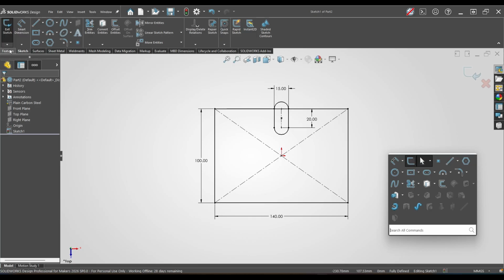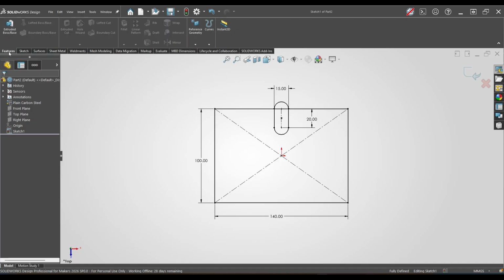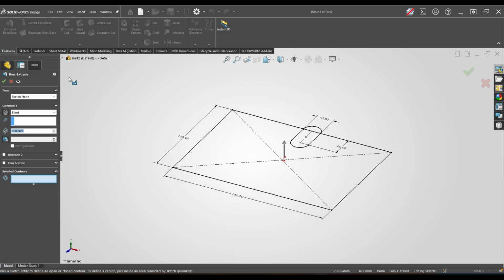Well, the extrude boss is a features tool, so I'd have to click on features, extrude boss. And if you notice, nothing's highlighted, but if I hover over things, things get highlighted. That's because this select contours box is automatically chosen, and SolidWorks knew that just based on the sketch itself. There were multiple components to the sketch, and SolidWorks knew that I'd probably be choosing one of those, so it